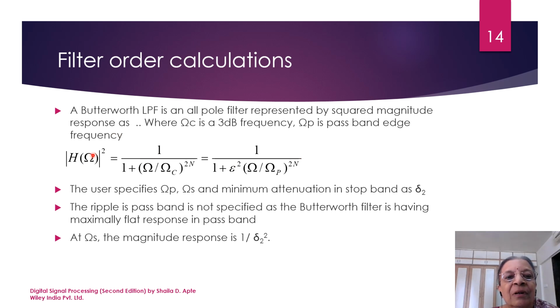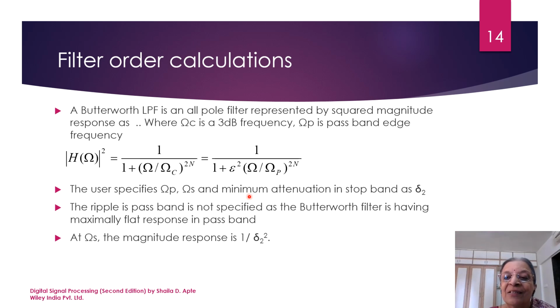This is the squared magnitude response that is written down. Now in this particular equation, omega c is the cutoff frequency, the 3 dB frequency. Omega p is the passband edge frequency, and epsilon is related to your passband ripple. Now, in case of these specifications, omega p and omega s, and the maximum attenuation in the stop band will be specified. And epsilon is normally not specified in this case because in case of Butterworth filters, the ripple